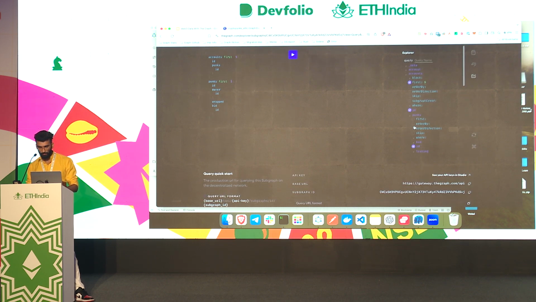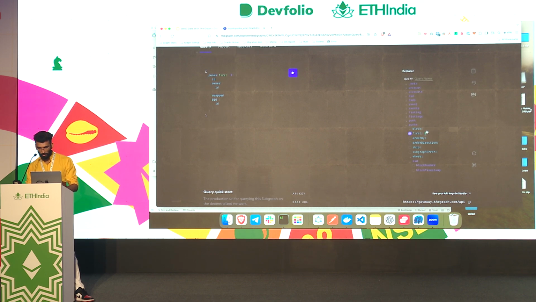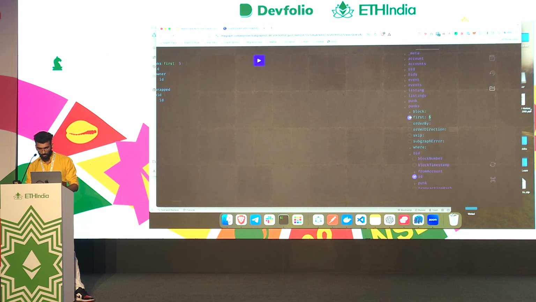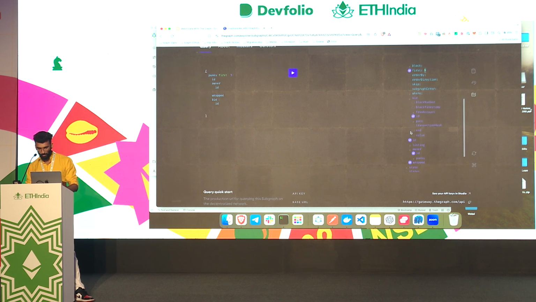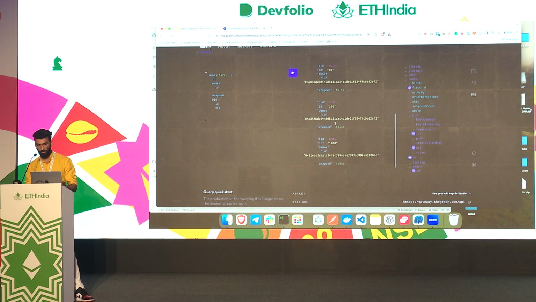Here is account, there's punks, and I can just directly go and query the sales USD value of this particular thing, right? Bid and USD. This should be able to give me the data that I need. First five. So see, this is the CryptoPunks information, and the USD bid and the data is all available